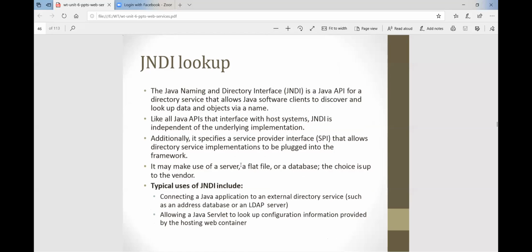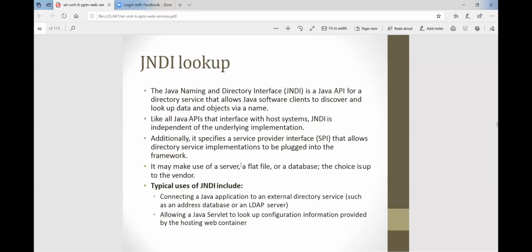Discover clients look up data and objects via a name. That's why it is called the Java Naming and Directory Interface, JNDI, right?